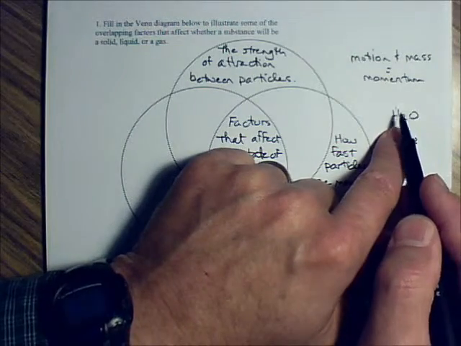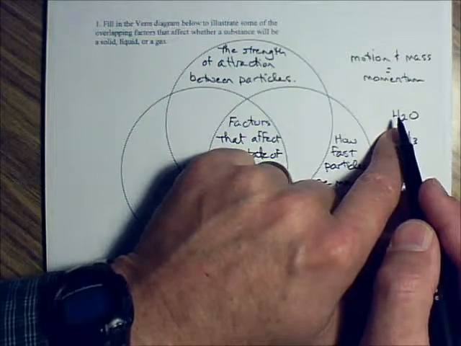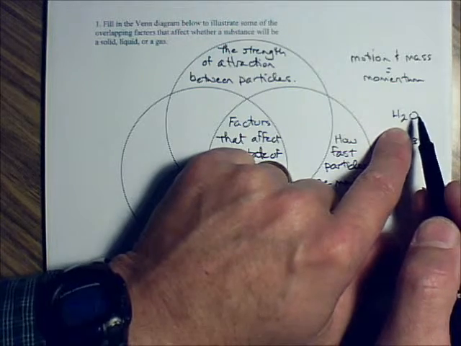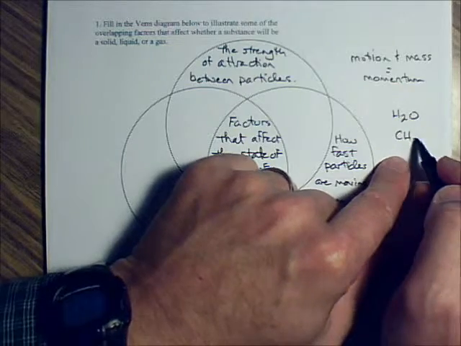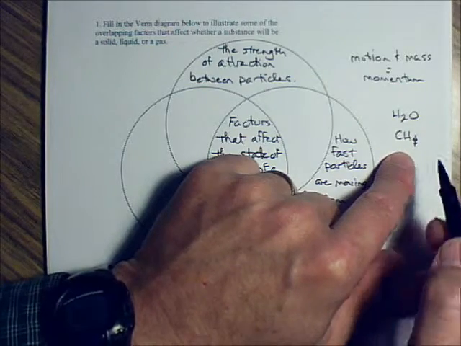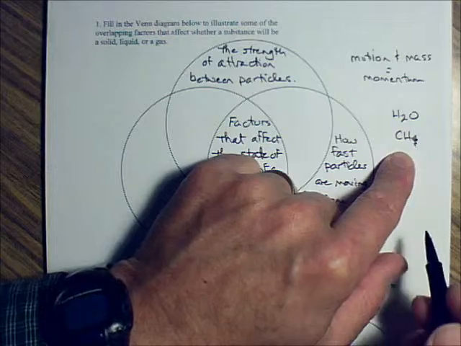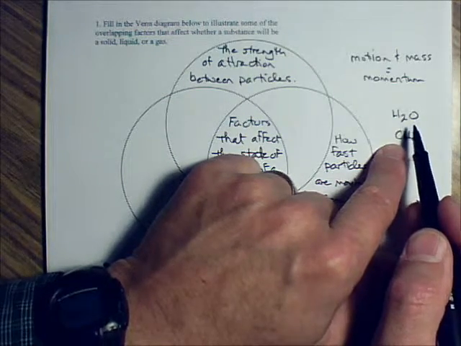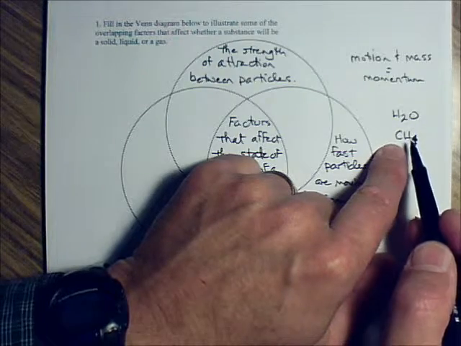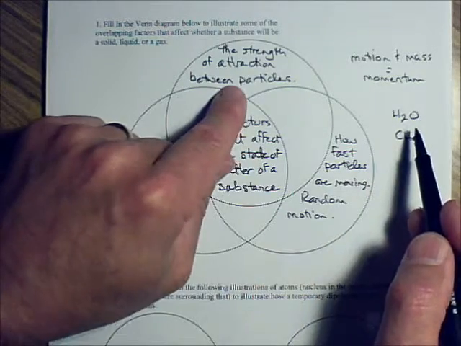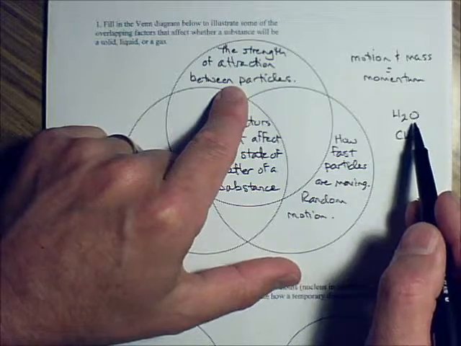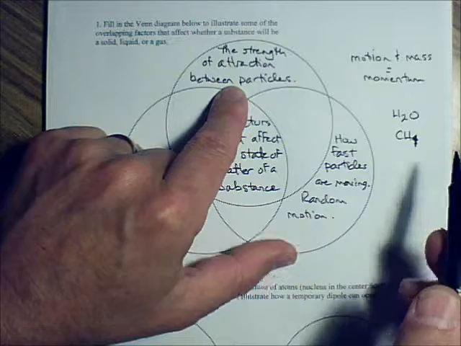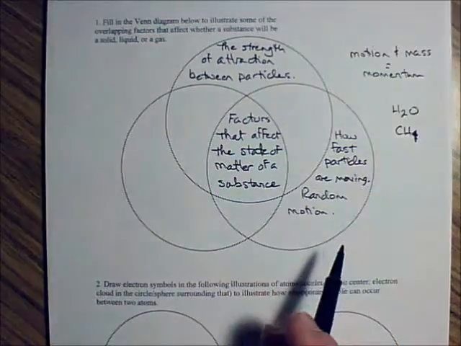Water is a polar molecule, a very highly polar molecule. And so the attraction between one water molecule and the next is really high. Methane's nonpolar. That's CH4, I'm sorry. Okay, methane is CH4. It's a nonpolar molecule. Okay? They weigh about the same. They're about the same size. The real difference between these two is the strength of attraction between particles. Water is a liquid in this room most of the time, but methane is going to be a gas. And it all has to do with the strength of attraction between particles.